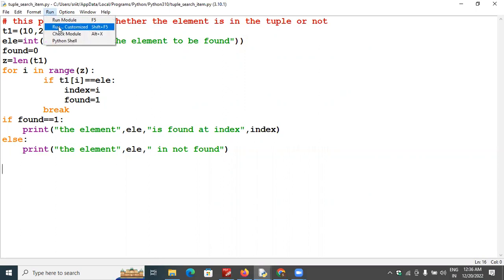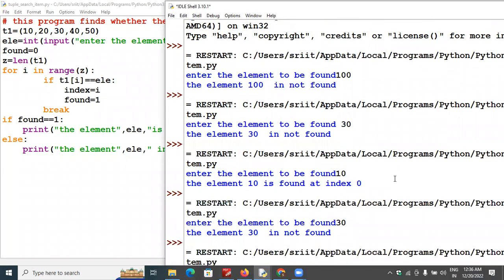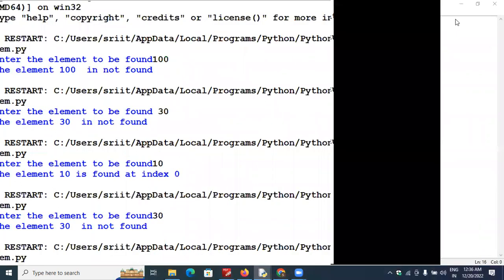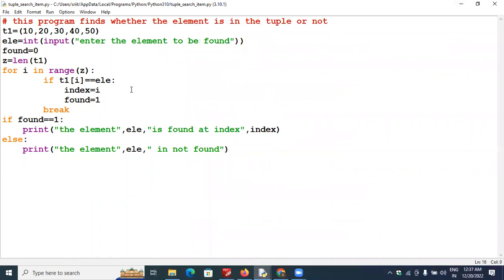If you give another element, say 40, the first element only it is showing, the remaining are not coming. So for I in range z, if T1 of I, that means I value 0, T1 of 0, 10 equals 10, index I, found. Perfect. But suppose